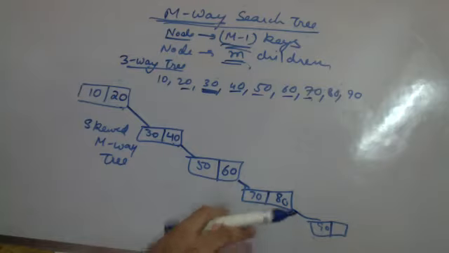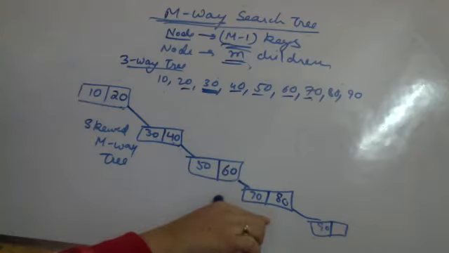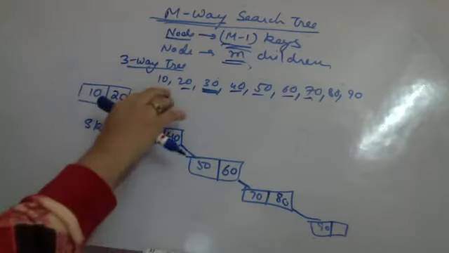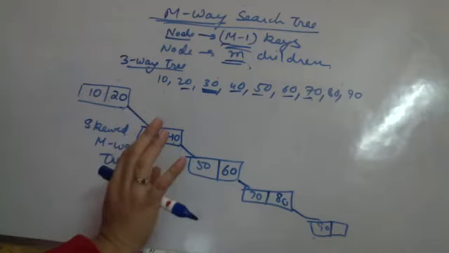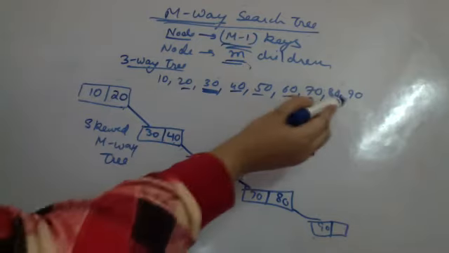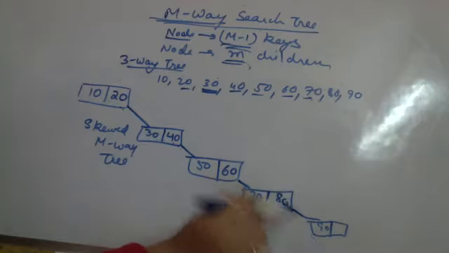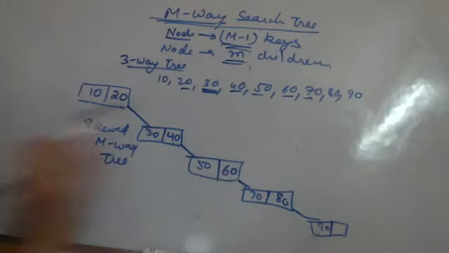I am taking essentially an example of ascending order so that a skewed tree gets created. Trees can get keys in any order. Just like a binary search tree, you will be inserting. I have intentionally taken this order so that we understand that this is a skewed tree where the height of the tree here is 5 levels. Fourth level: 0, 1, 2, 3, 4 levels will be there.